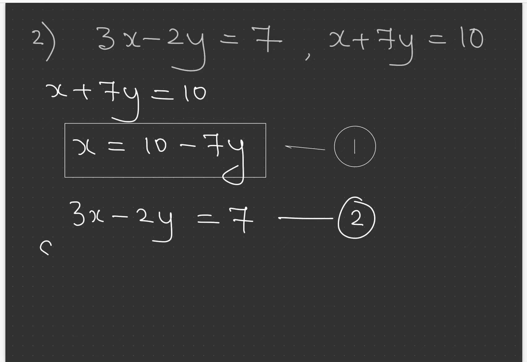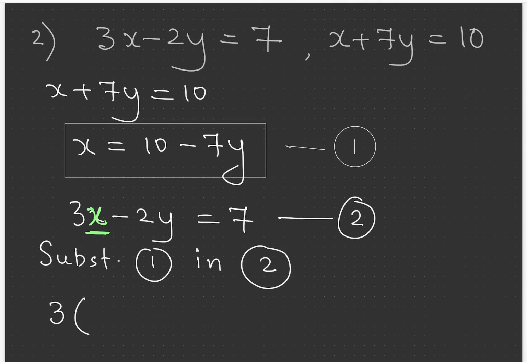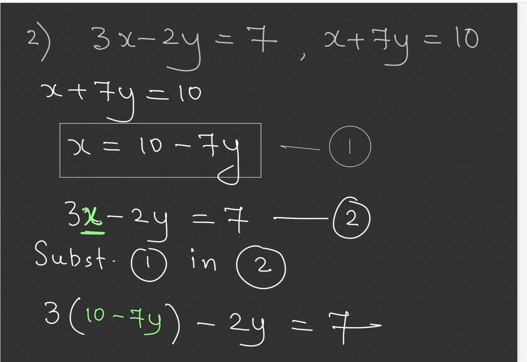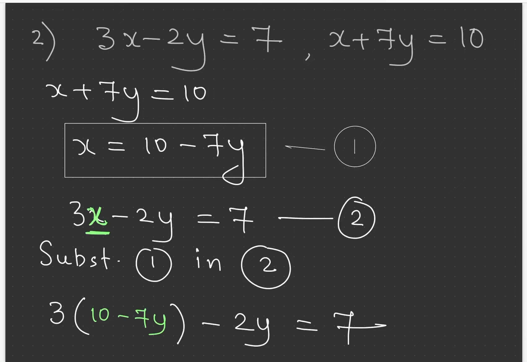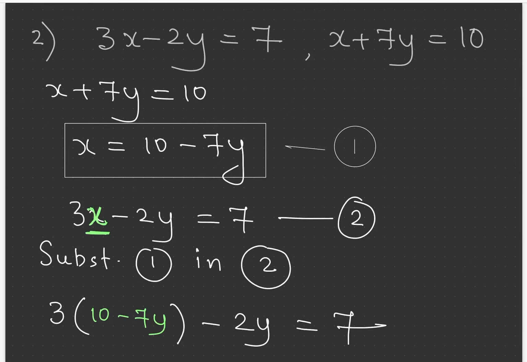Now to solve this, I'll substitute the value of x from the first equation, substituting equation 1 in equation 2, right? The value of x in the first equation, in place of the x here, we have to substitute the value, right? So that becomes 3 into brackets, the value of x will be 10 minus 7y. Can you see 10 minus 7y, minus 2y equal to 7. Now open the brackets and solve this. When you open the brackets, 3 into 10 becomes 30. So that's going to be 30 minus 21y minus 2y